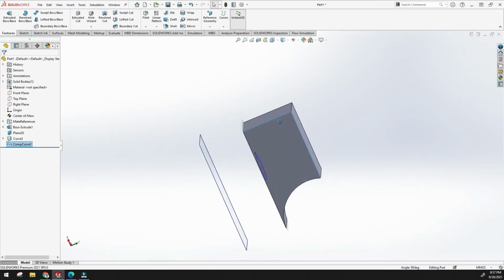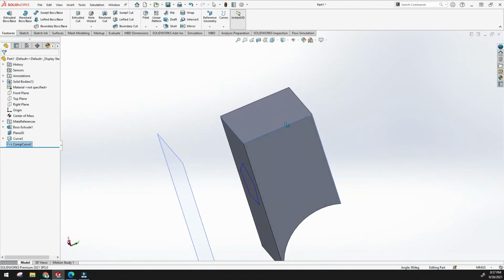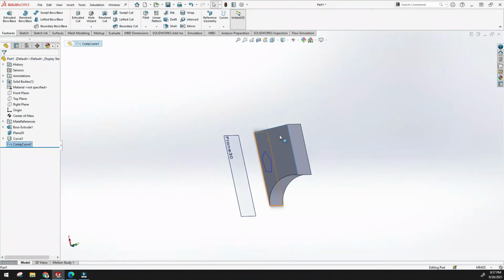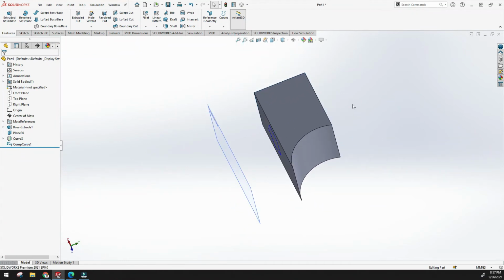I have selected these three lines and just click yes. Now these three lines are transferred into one. You can see this is one line, the composite curve. Now by using this line we can do whatever we want.